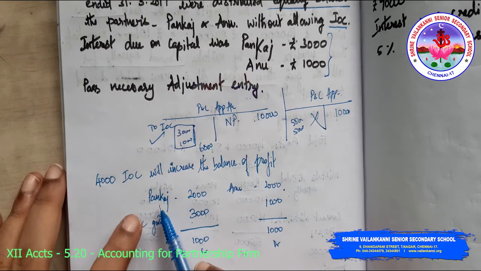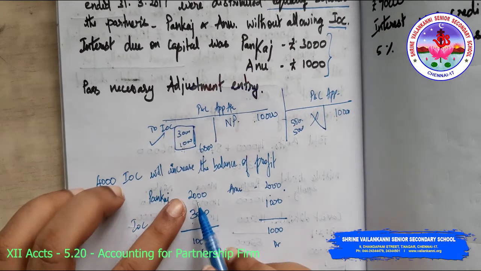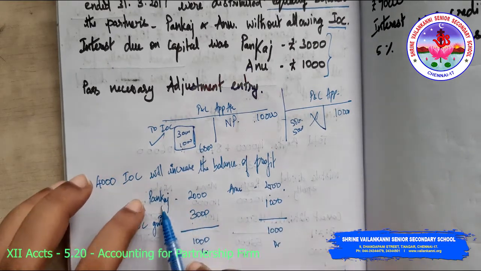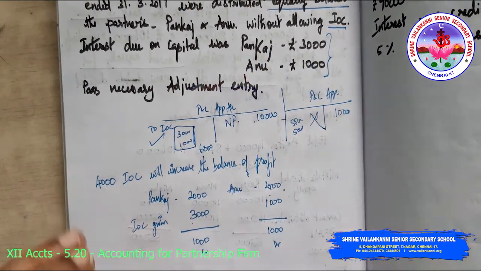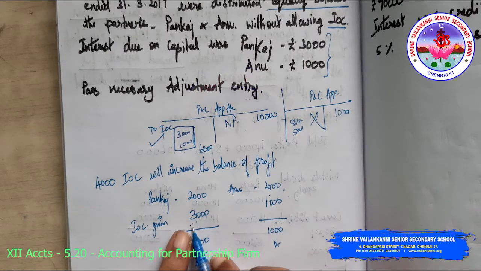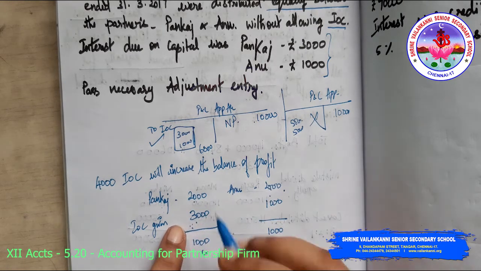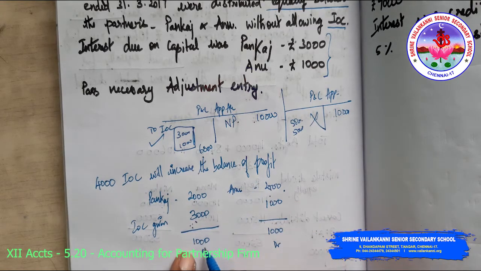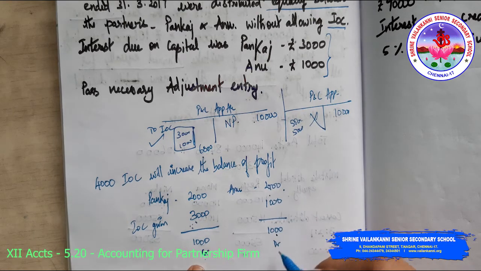How to rectify that? So first Pankaj would have received 2000 and 2000. I am collecting it back. How much Pankaj should receive as interest on capital? Pankaj should receive 3000. Anu should receive 1000. I am giving back 3000 to Pankaj and 1000 to Anu. Now 2000 I've collected back. So 3000 he has to receive. So 1000 rupees is a difference. So 1000 rupees I am crediting, and 2000 he is having. I have to get back how much? 1000 rupees. So debit it.